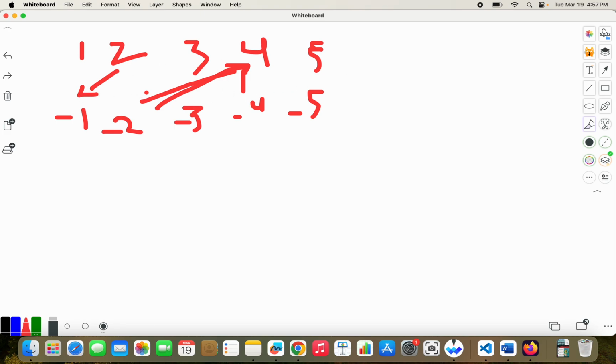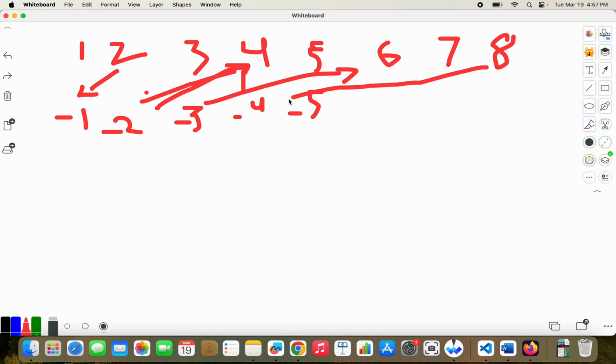So basically, all the even numbers pair up to the negative numbers. 6 pairs up to -3. And it's possible. 7 and 8. 8 pairs up to -4. And then 9 and 10. And all the odd numbers pair up to the